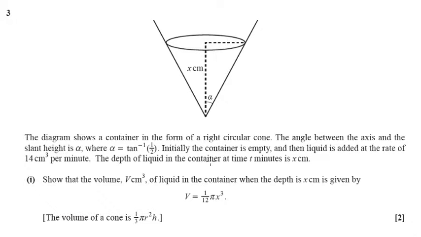Okay, question 3 part 1 has given us a cone, and it's told us this angle here is theta, but it's also told us that the inverse tan of that angle is a half. And if we remember what tan theta is equal to, that's equal to the opposite over the adjacent of a right angled triangle. So that tells us that because that's a half, that the opposite length, whatever it is, half